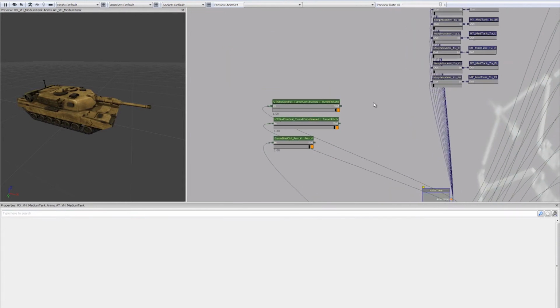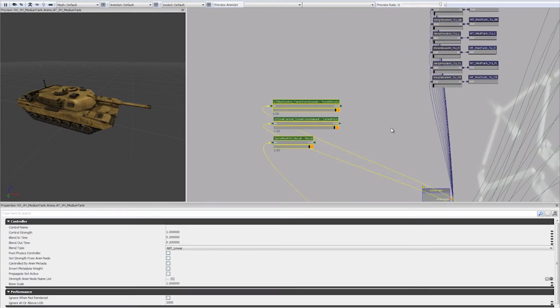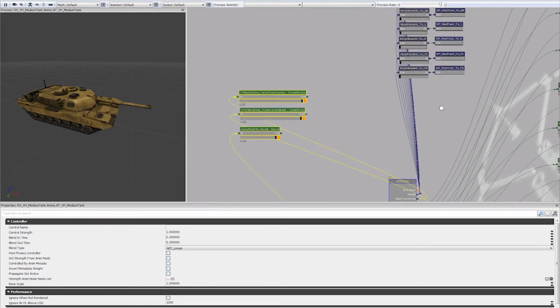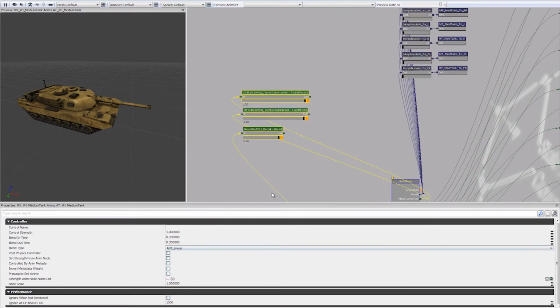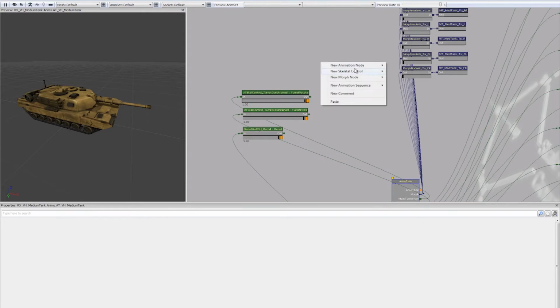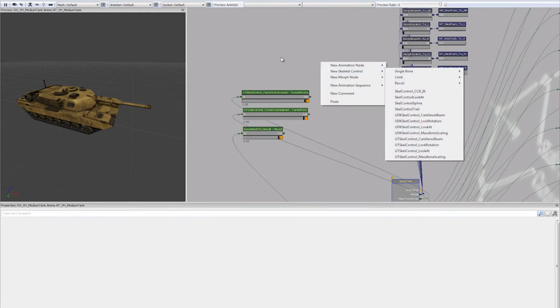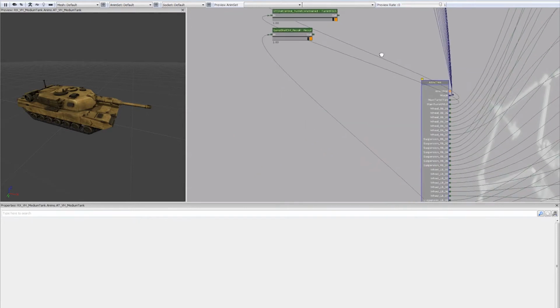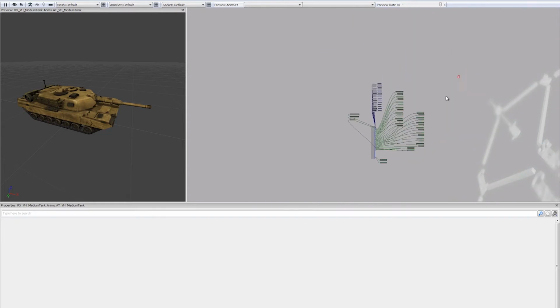Basically what I'm going to do is copy each of these components and paste them into a new one for the super tank, just because it's quicker and easier to do it this way rather than having to right click and add them individually. So all of this stuff, everything here,